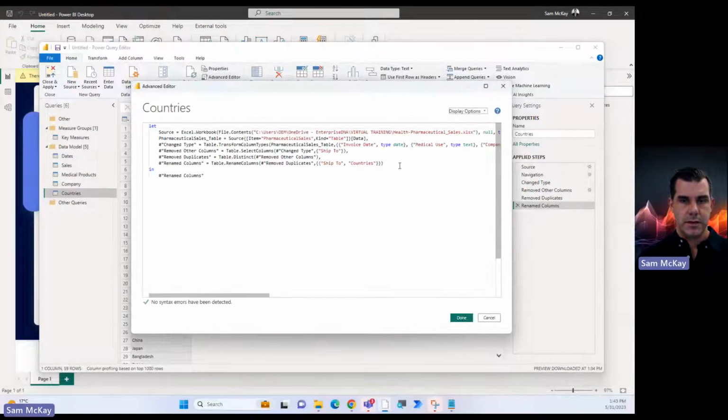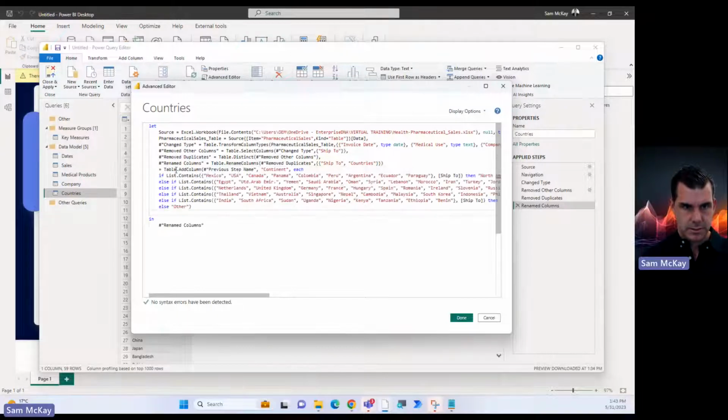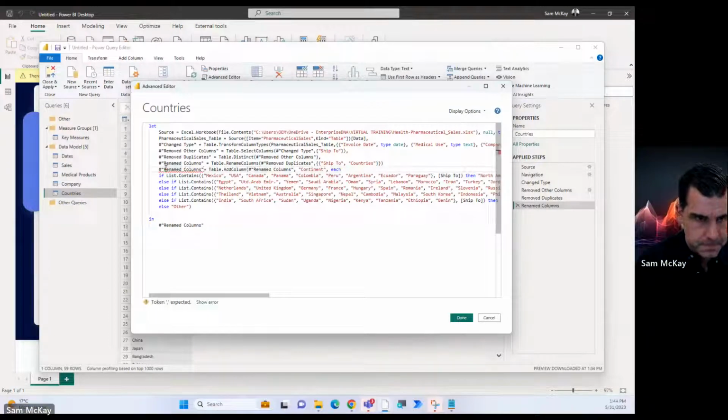Okay, so I can come in here and copy this. And then I'll just pop this in here. I need to come up with a name. Custom countries. Okay, and then I need to put this down here.